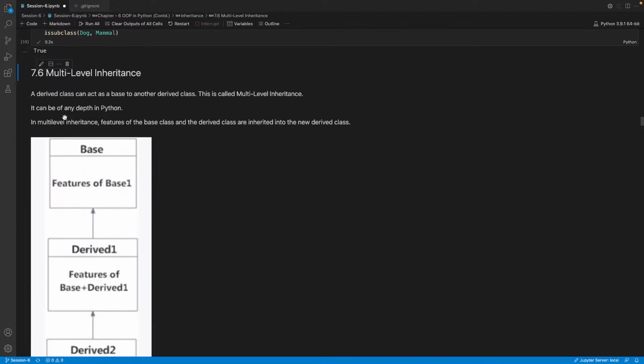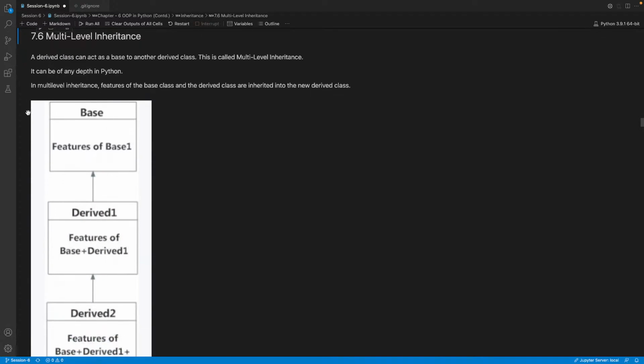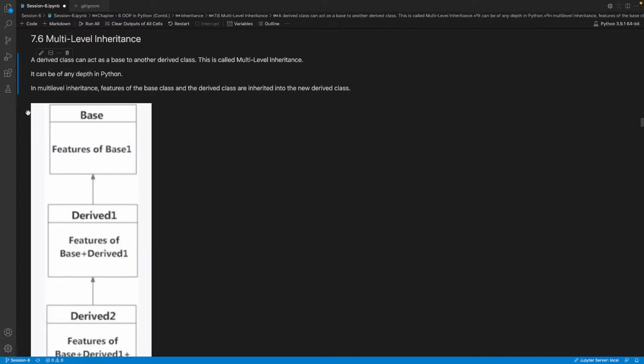Moving on to the next topic, that is multi-level inheritance. A derived class can act as a base to another derived class. This is called multi-level inheritance. It can be of any depth in Python. A base class, and then a derived class, and then a derived class, and then a derived class, and then so on. In multi-level inheritance, features of the base class and the derived class are inherited into the new